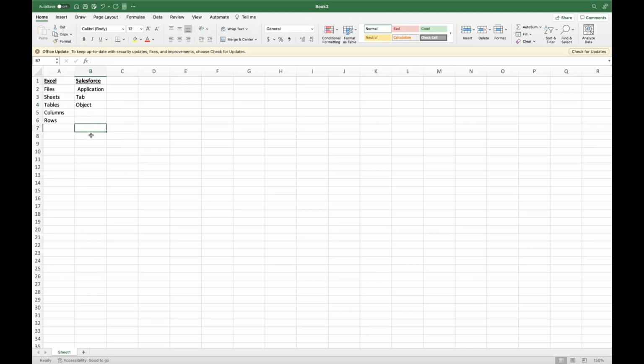And now in Excel, what are these columns? Let's say I want to give a name. So where do I give it? Will that be on the row or will I give it as a heading of my column? Heading of my column, right? So the columns of Excel are called fields in Salesforce. So let's see that. Can you go back to Salesforce once